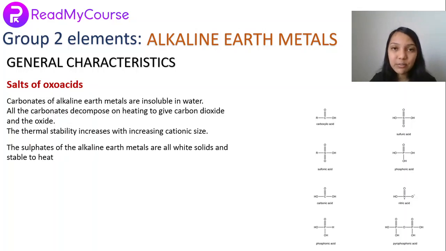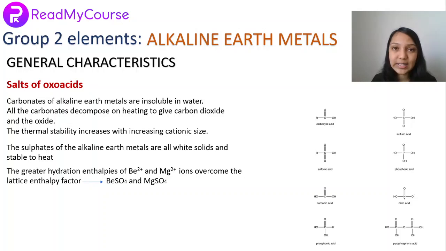And the sulfates of the alkaline earth metals are all white solids and they are stable to heat. The greater hydration enthalpies of beryllium and magnesium ions overcome the lattice enthalpy factor, and hence they form beryllium sulfate and magnesium sulfate. So with beryllium and magnesium ions, again we see an exception and a similarity between beryllium and magnesium, right? They have greater hydration enthalpies and they overcome the lattice enthalpy factor, and hence they form beryllium sulfate and magnesium